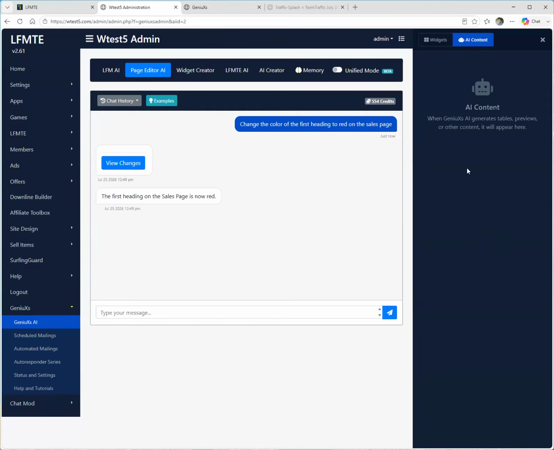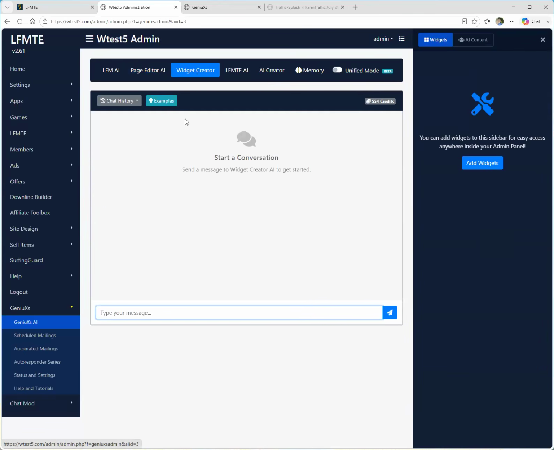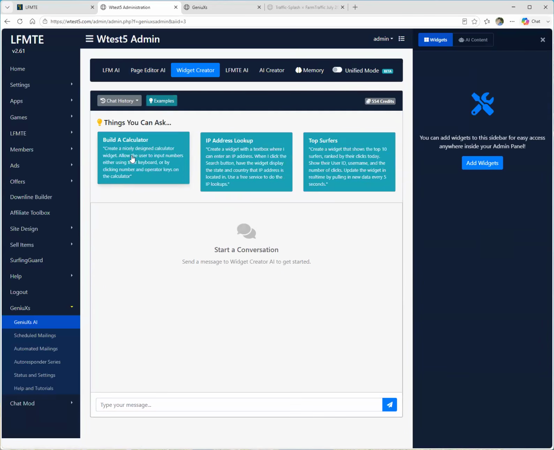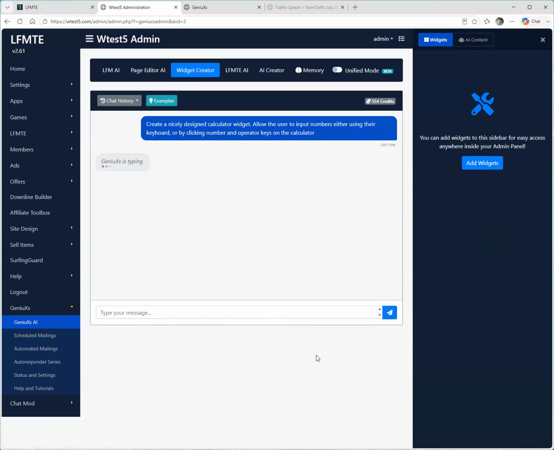So you can see, let's see, I don't have it open here, but I'll go ahead and create it. So widget creator, one of the examples is a calculator. So I could say, create a nicely designed calculator widget, allow the user to input the numbers using either their keyboard or by clicking the number and operator keys on the calculator. So this is one of the examples that we had before,